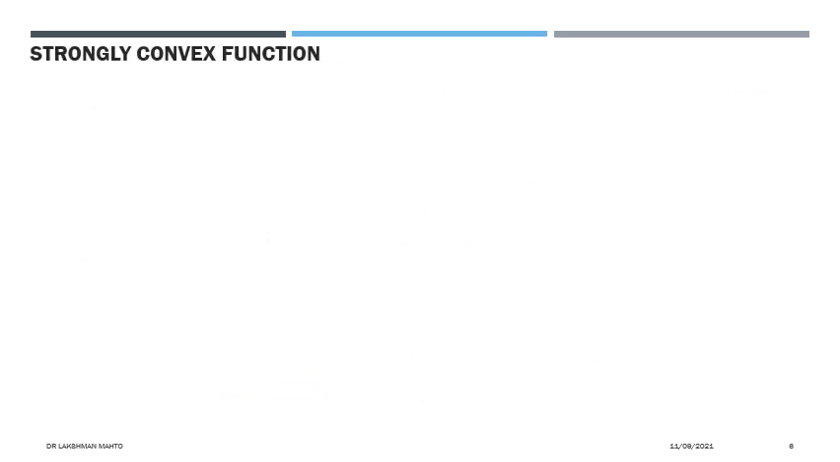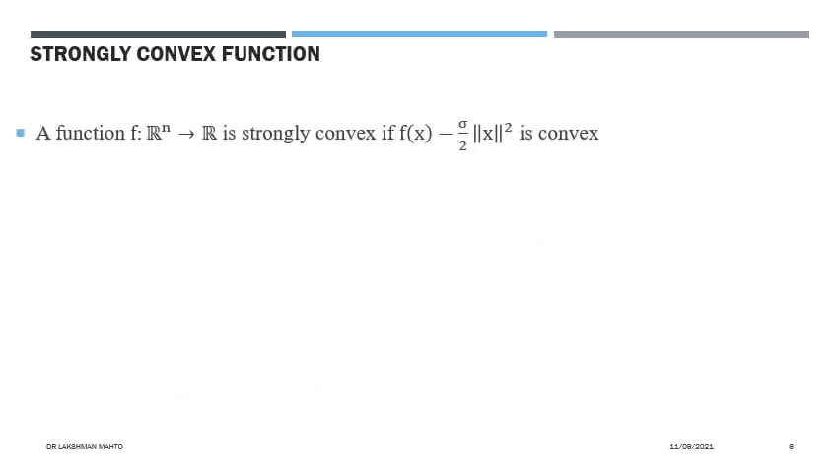Now I will talk further about another variety of convex function that we call a strongly convex function. What does a strongly convex function mean? You take a function and truncate one quadratic part from that function. After truncating some scalar multiple of a quadratic part from that function, if it remains again